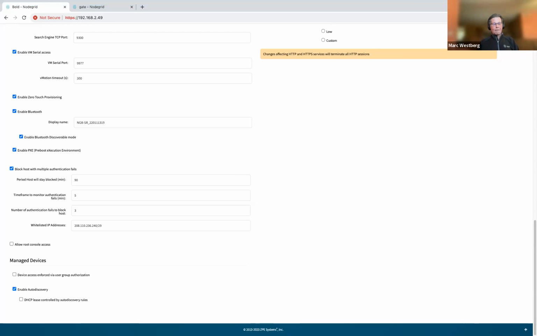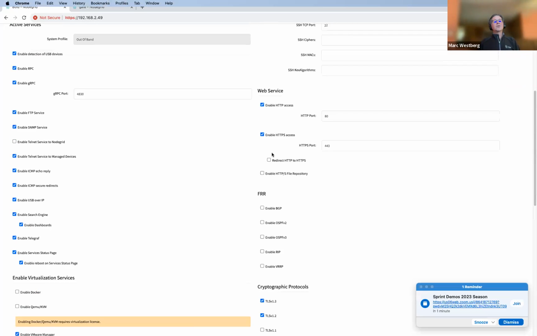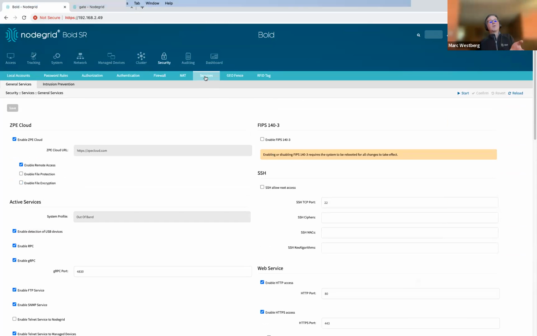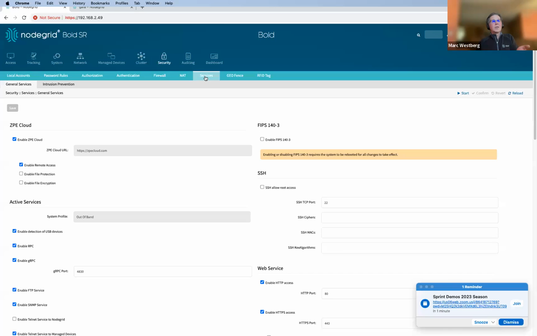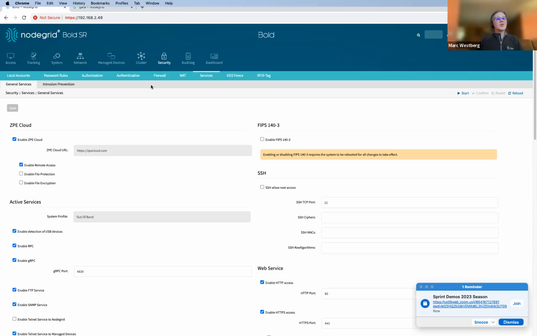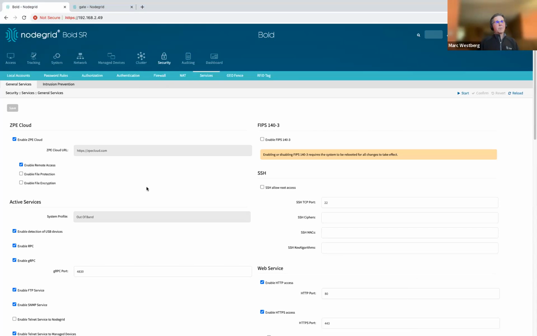So the next functionality is to disable services that are enabled by default or that are enabled in the Nodegrid services router that are not required by the organization. Best practice is to disable any service that's not allowed. That means there is no attack plane that a user or a perpetrator could try to get in to the